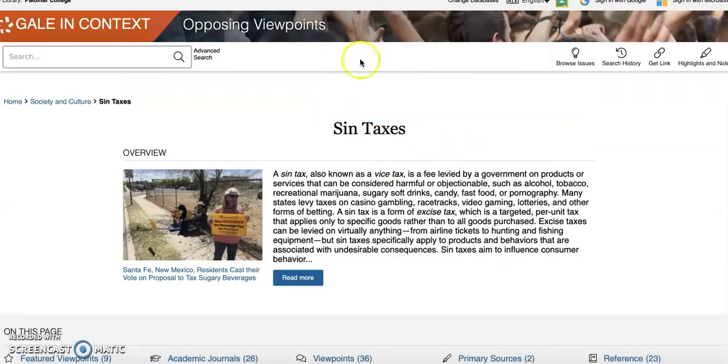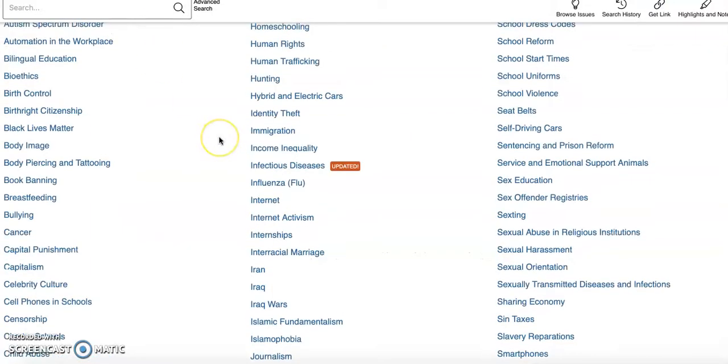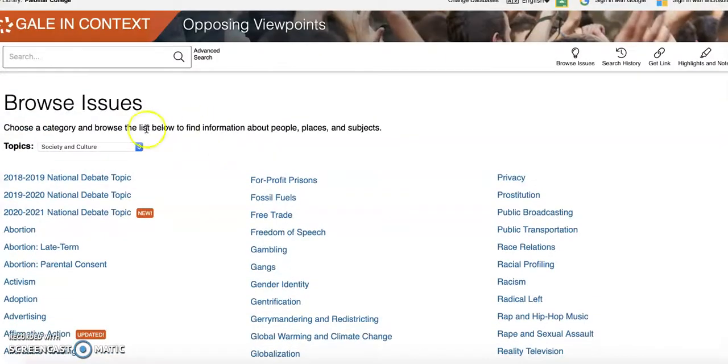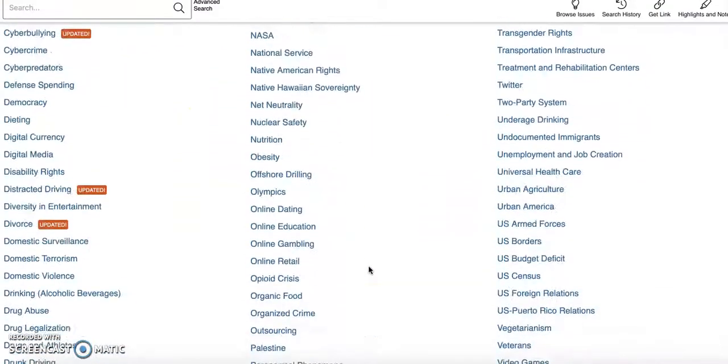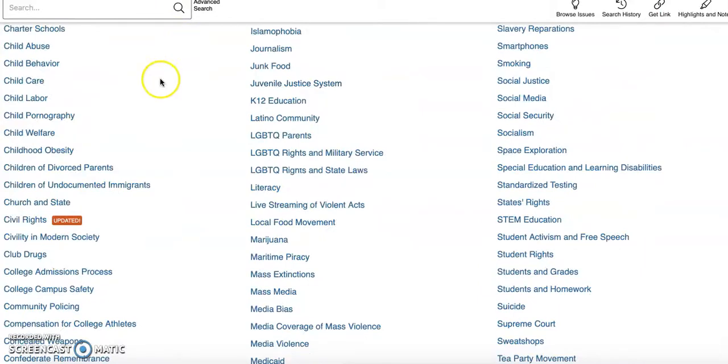So that's one place that I would recommend that you go to, and perhaps just spend a little bit of time looking through this database. So again, I was here under culture, and there's 340 different topics out here. Make sure you're choosing a topic where you can imagine, for example, there should be a tax on junk food, yes or no, right? There's a topic that could have a stance.